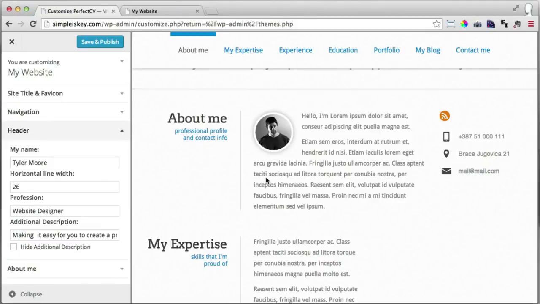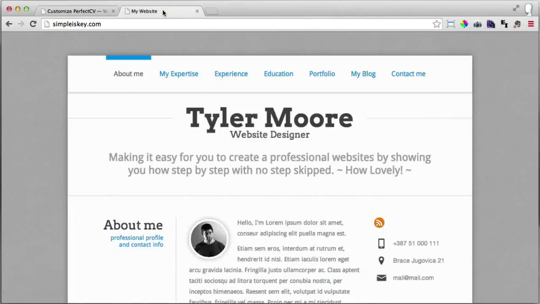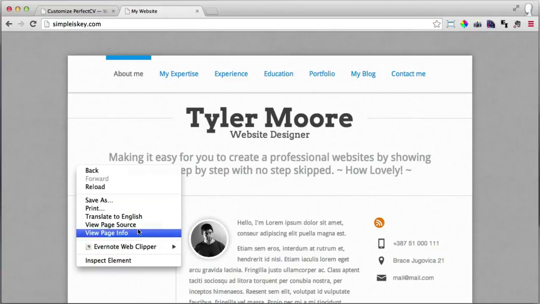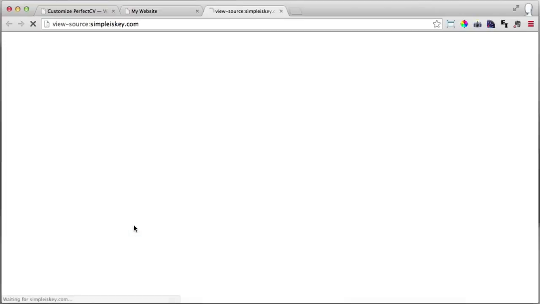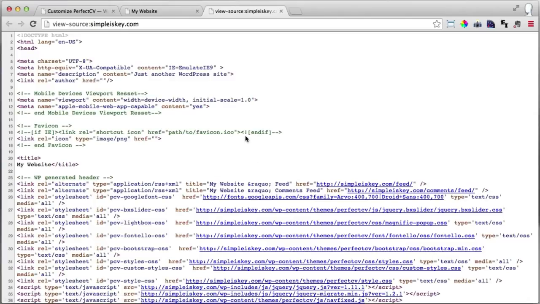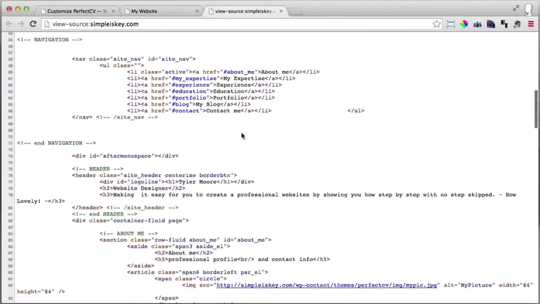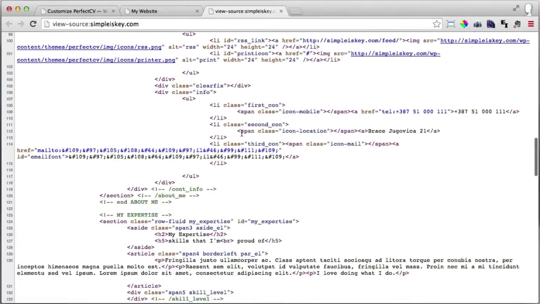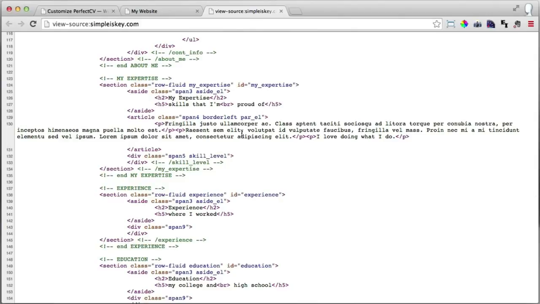HTML stands for Hypertext Markup Language, and it is the language that the computer understands in order to create your website. If you want to look at a little HTML, you can usually go to a website and right-click and press View Page Source. So this is all the HTML that your website creates in order for the computer to understand